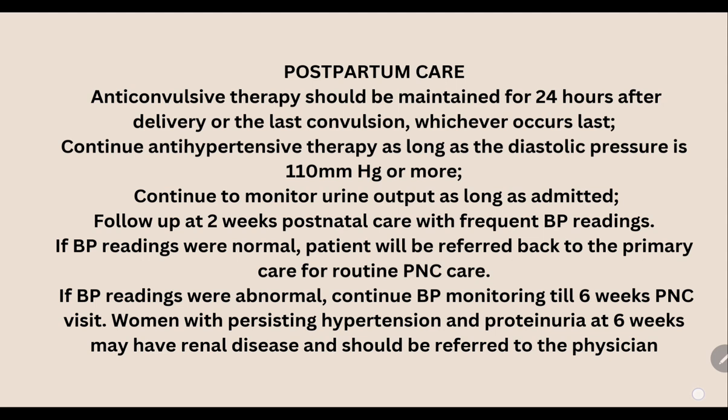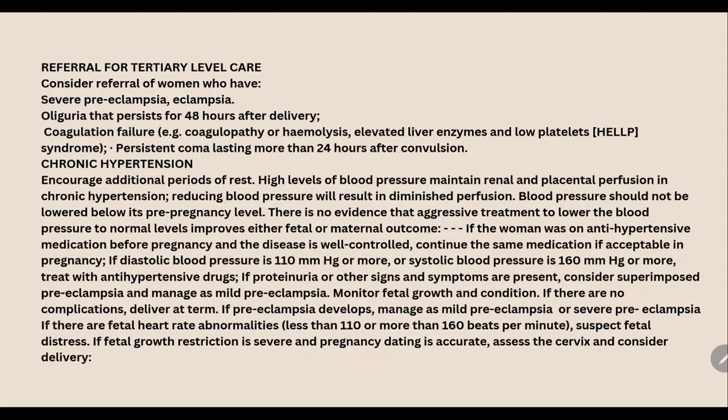Then if BP is normal, the patient can be referred back to the primary care center. If BP reading was abnormal, continue BP monitoring till 6 weeks in the PNC visit. The woman with persisting hypertension and proteinuria at 6 weeks may have renal disease and should be referred to the physician. Now, when do you refer the patient to a tertiary care center? Consider referring the women who have severe preeclampsia